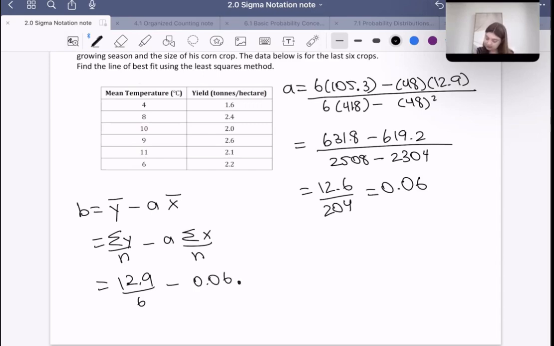Times the summation of all the x values, which is 48 over 6. So there we have it. And what's that going to be? That's going to end up being, let's see, 1.67 overall. So now we found the a value and the b value. So therefore, the line of best fit